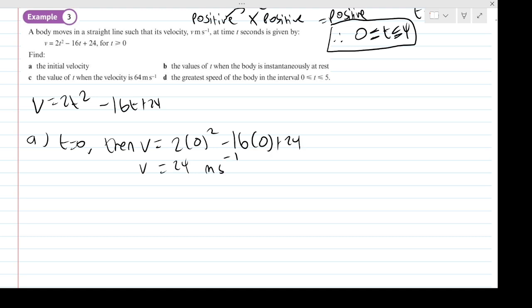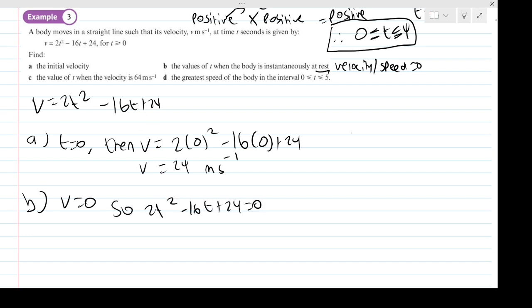Okay. Then in part B, it wants me to find the values, plural, of t when the body is instantaneously at rest. Now, when it's at rest, that means the velocity or the speed has to be 0, right? We saw that before. It's at rest, it has no speed. So v has to be equal to 0. So at that point, we'd be setting 2t² − 16t + 24 equal to 0. Now, before we solve that quadratic,